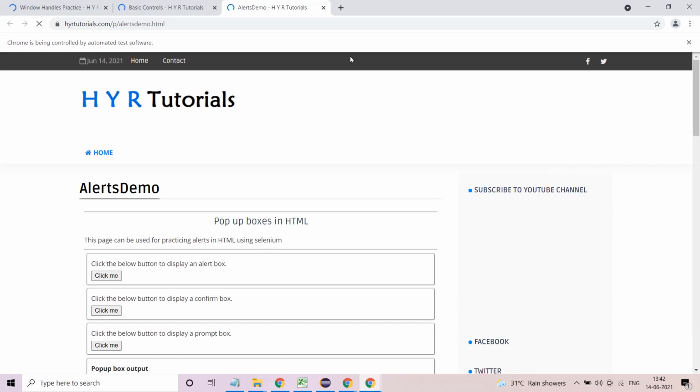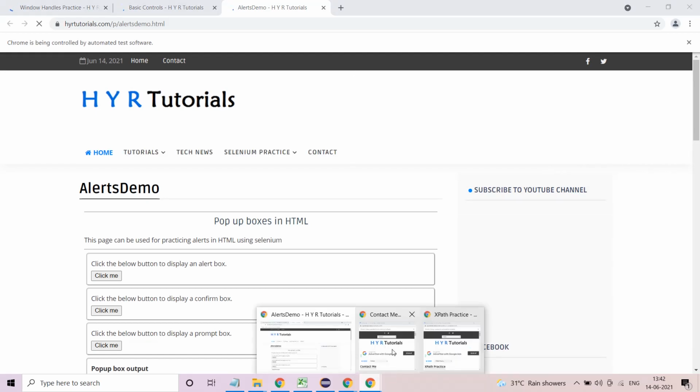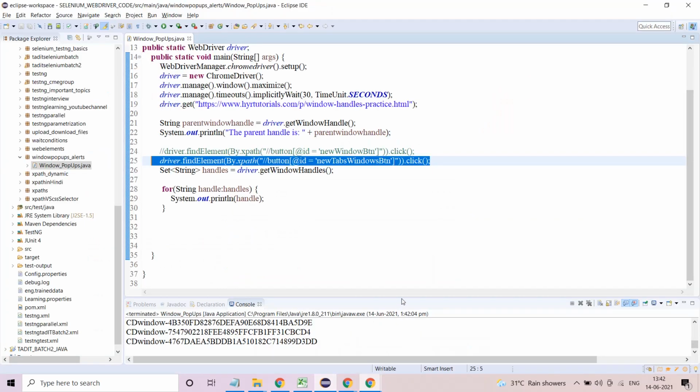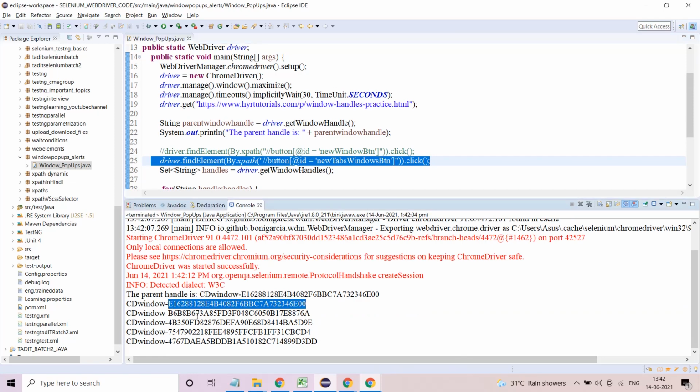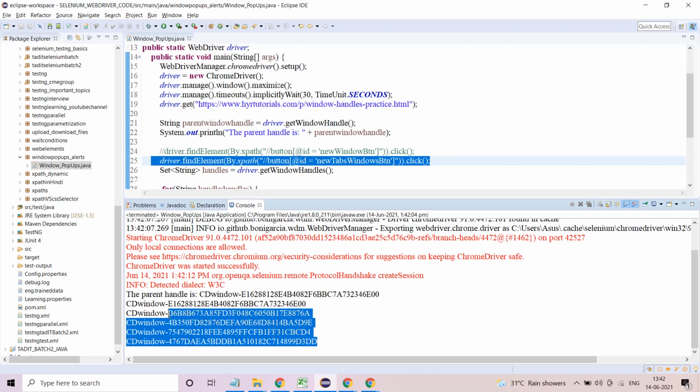See, two tabs open, two different windows also open. So let me show you. See, you get five. This is the parent window, and then you get the child windows, two tabs and two windows.